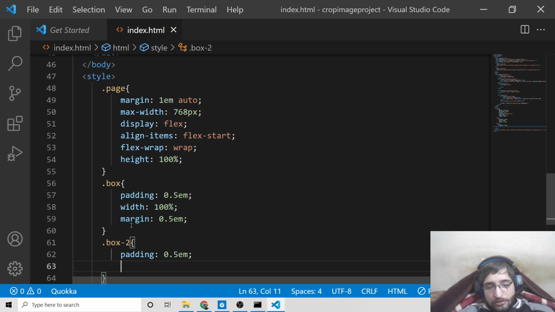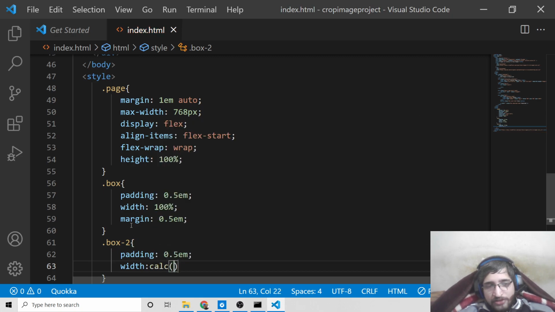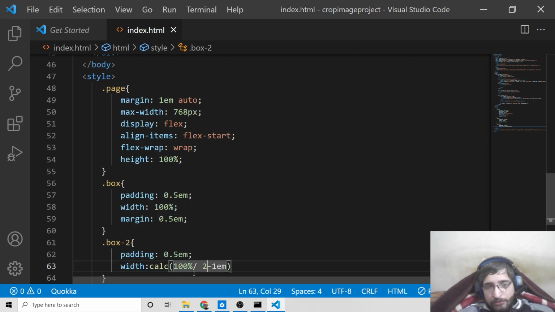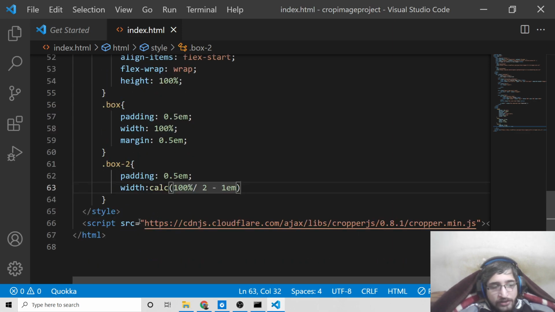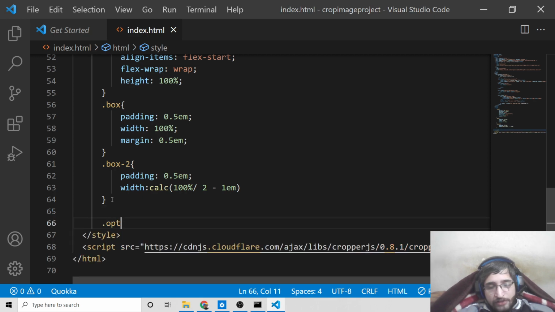And we need to give it a width, and we will use the calc method of CSS, which lets you dynamically calculate the width: 100% divided by 2 minus 1 em. So this will calculate the width in a very dynamic manner here, like this. So after that, we will be targeting the options class that we have given here, the option class and the label element,